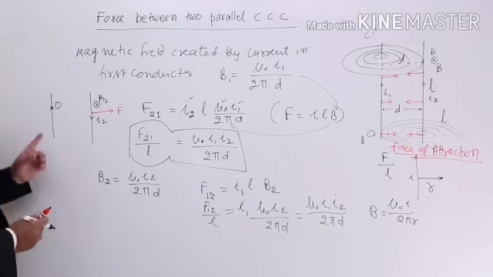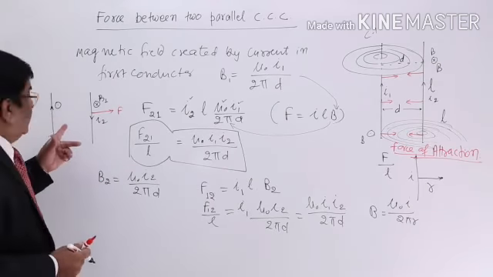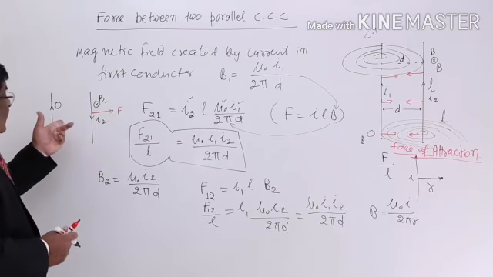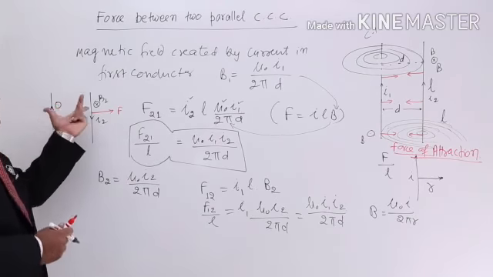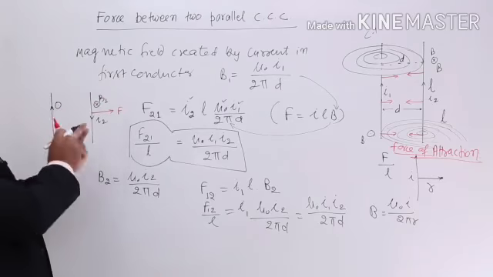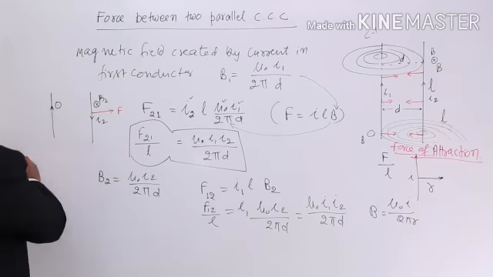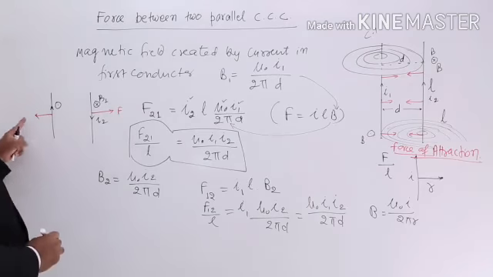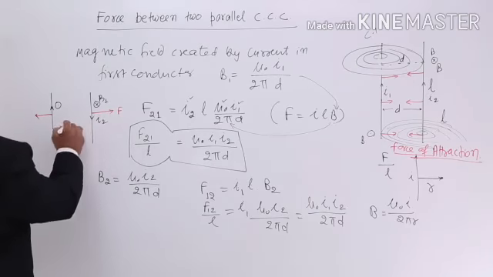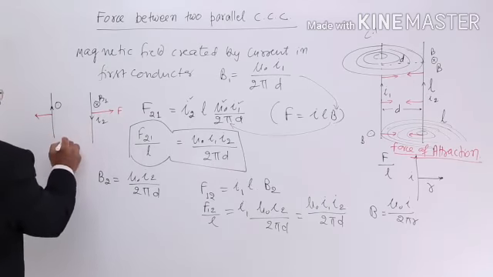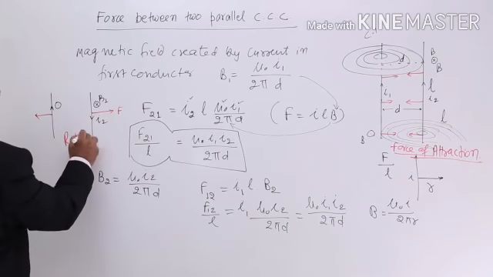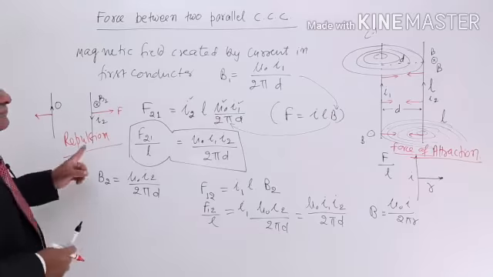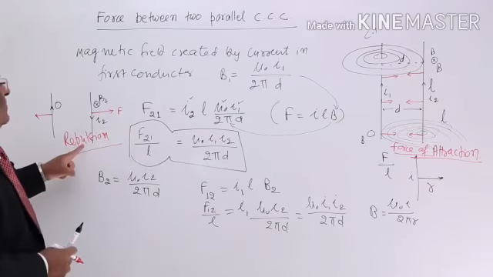If the magnetic field is inside, then how do we get the force? The answer is, this is magnetic field going inside, this is electric current, so this will be the force. So here this will be the direction of force. On this is the force, on this is the force, and you can make out what do we call such forces on two bodies. We call them repulsion. So, attraction, repulsion. What is the difference?